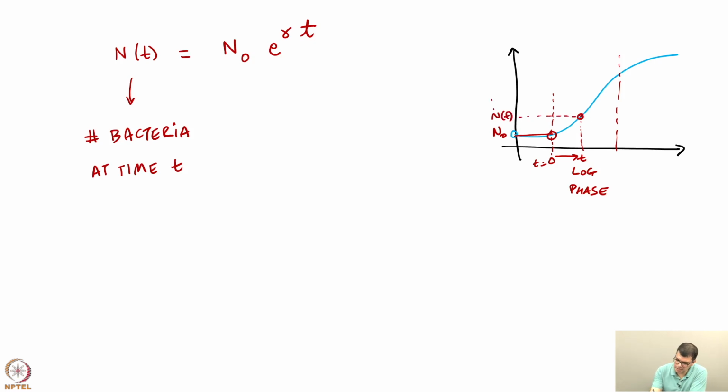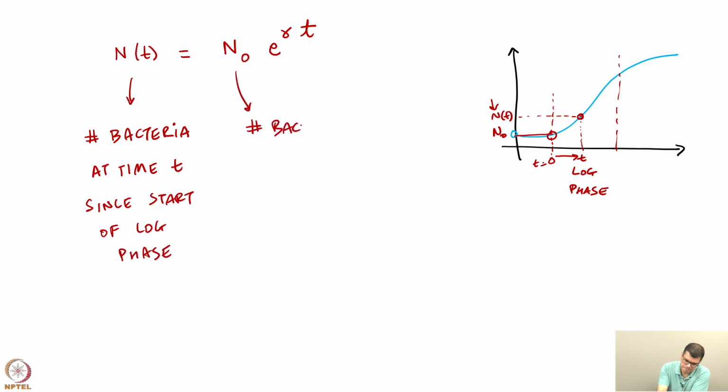This number can be estimated using this formula, where Nt is the number of bacteria at time t since start of log phase, N naught is the number of bacteria at beginning of log phase,